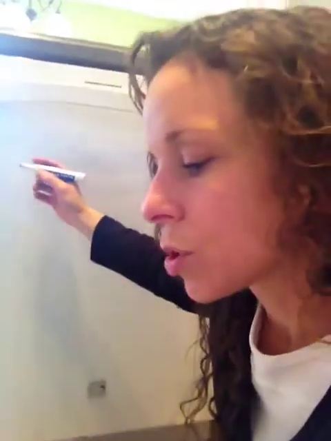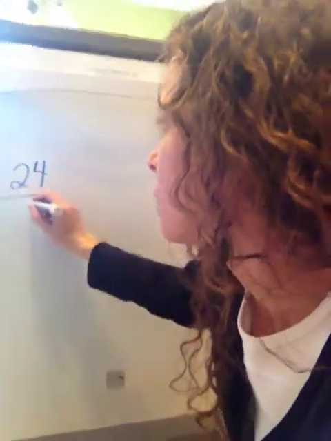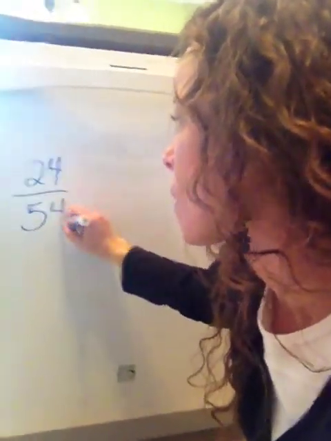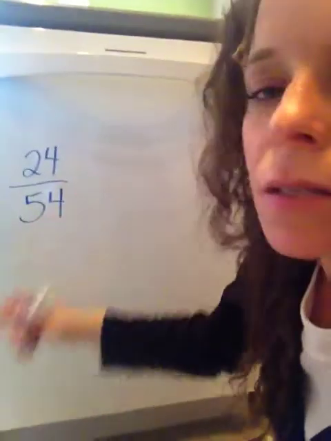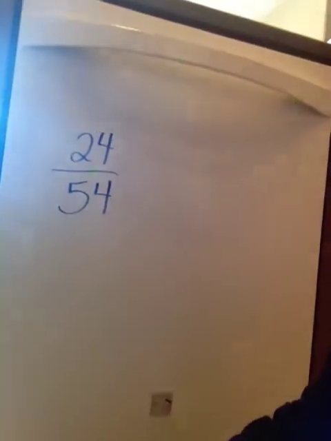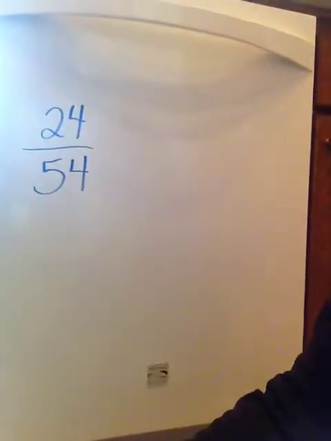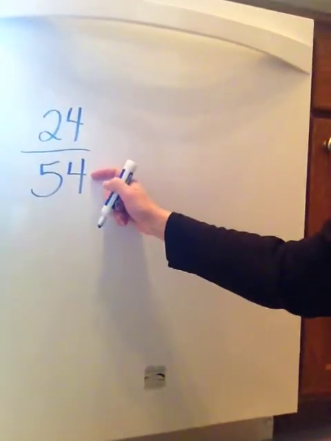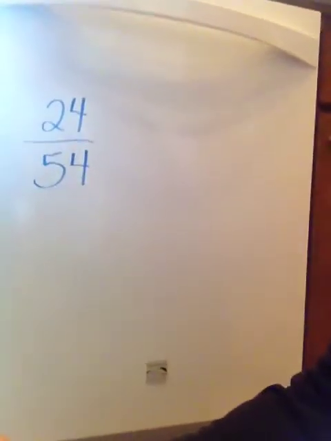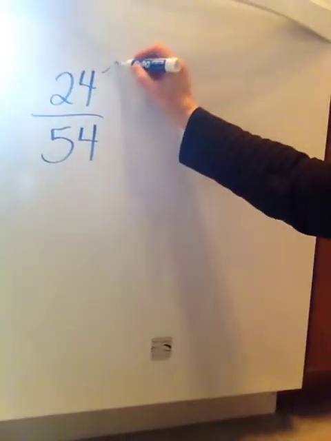Okay, so let's do 24/54. I look at this and I go, okay, what's going to go into 24 that will also go into 54 evenly? Couple options. You can look at it and go, well, they're both even, so I know 2 will. So we could try that. If I just divide both of them by 2,